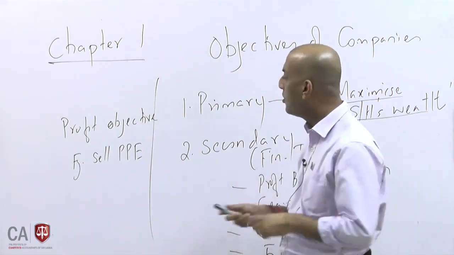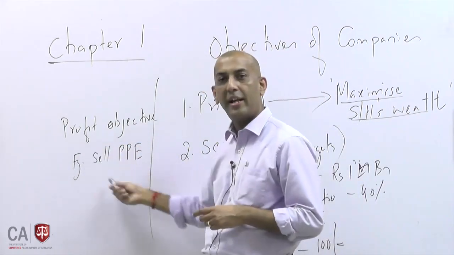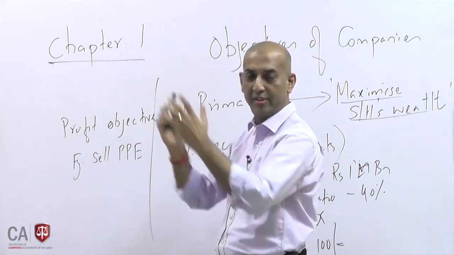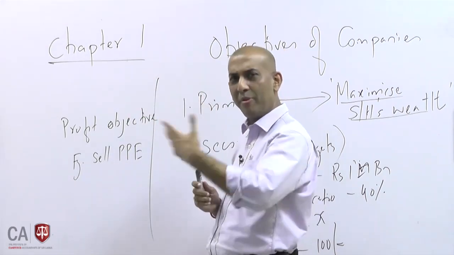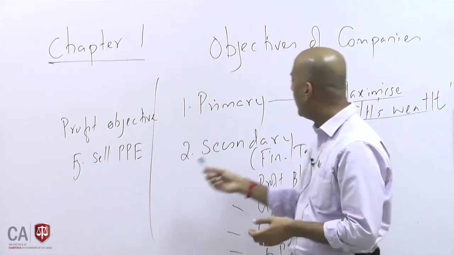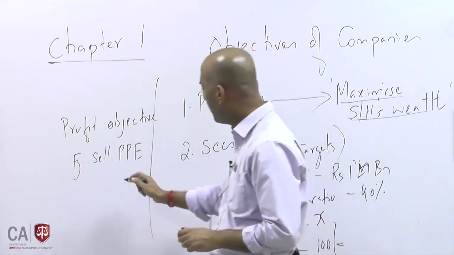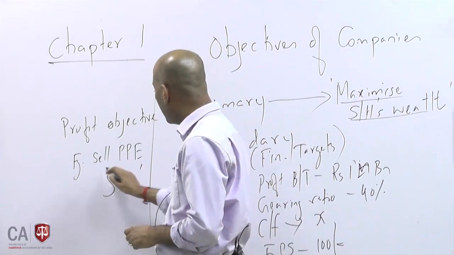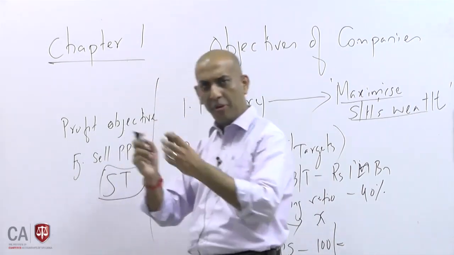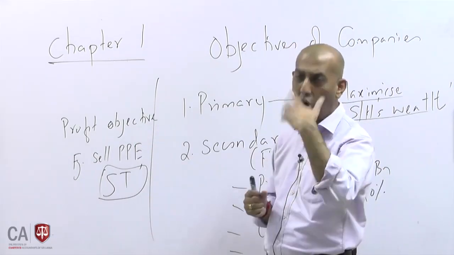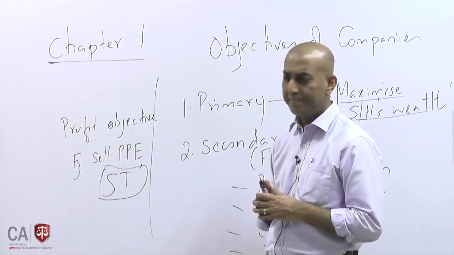So in the short term you might say, I sell this property and make a gain, and my one-year profit is huge. People will do that, ignoring the primary objective. So please remember, the profit objective is short term. It will achieve the short-term requirements, but you are ignoring the long-run purpose.